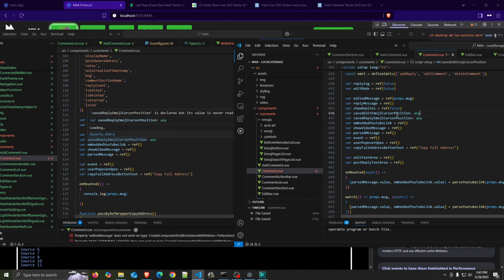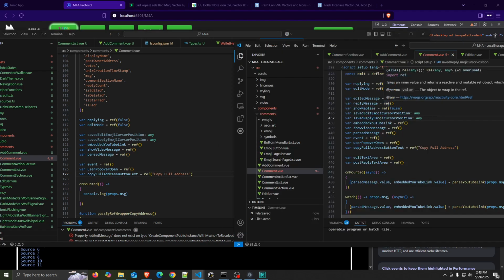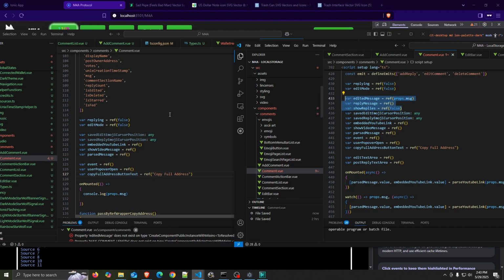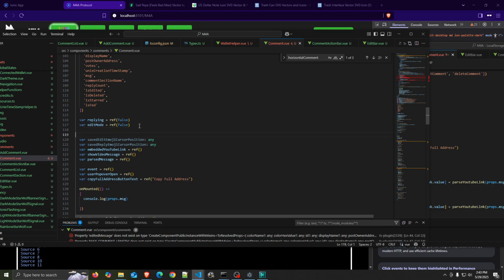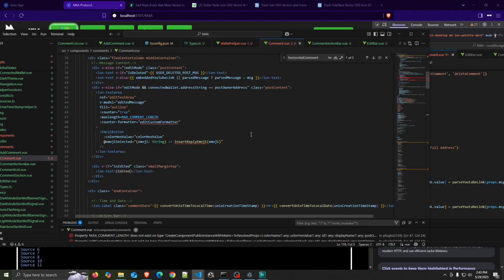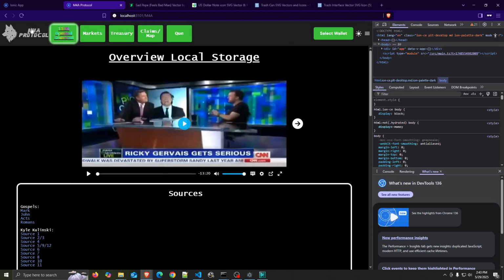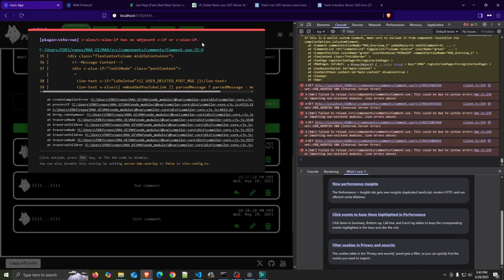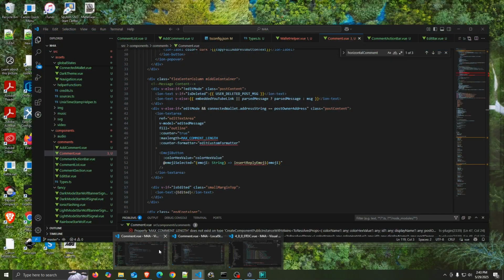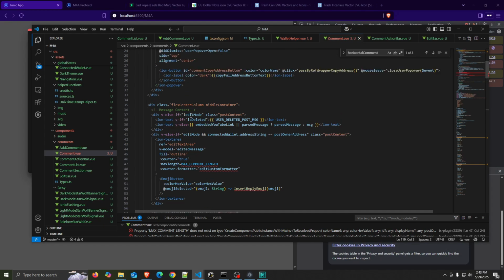Okay. Edit message, refine message, show replies. I think these are the only things that we're missing. Okay, I think it might just let us edit it now. It will complain about that function not existing. Yes. Else if